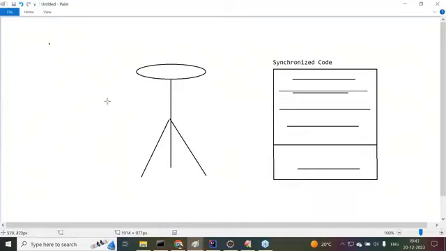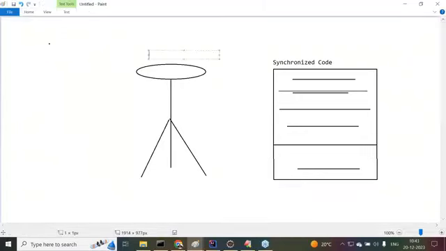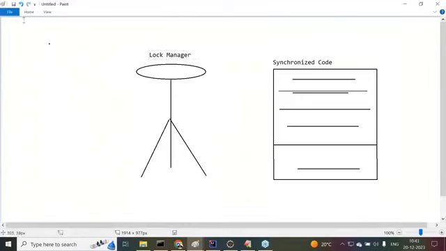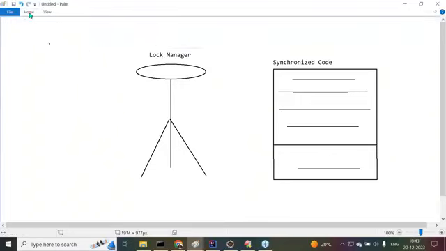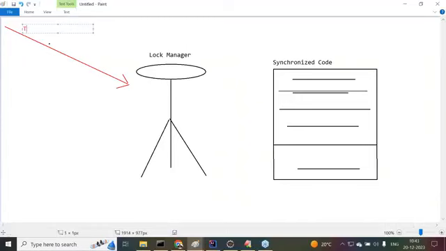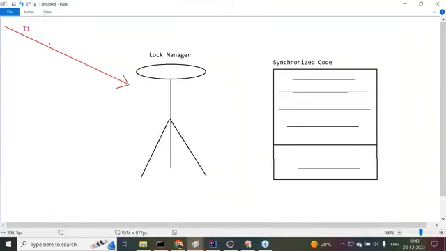When more than one thread comes to this particular synchronized program, first of all the threads come toward the lock manager. This is thread T1.